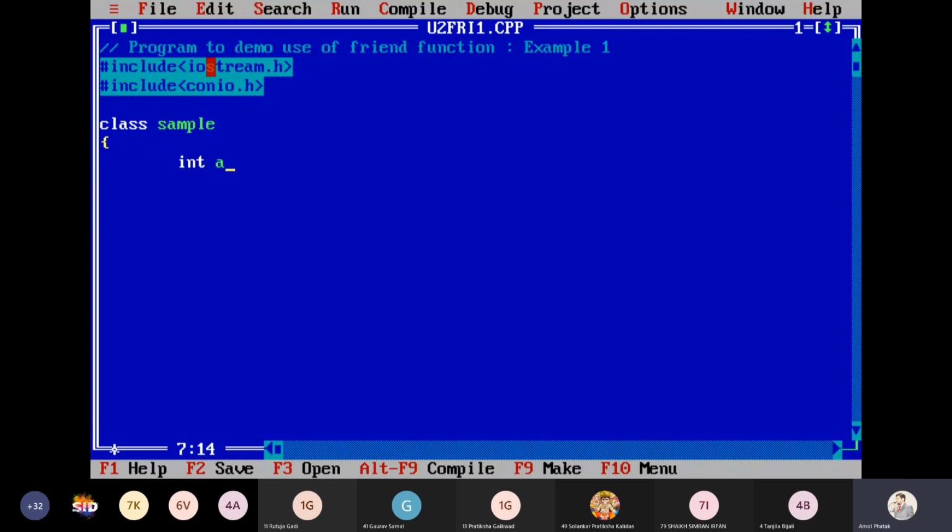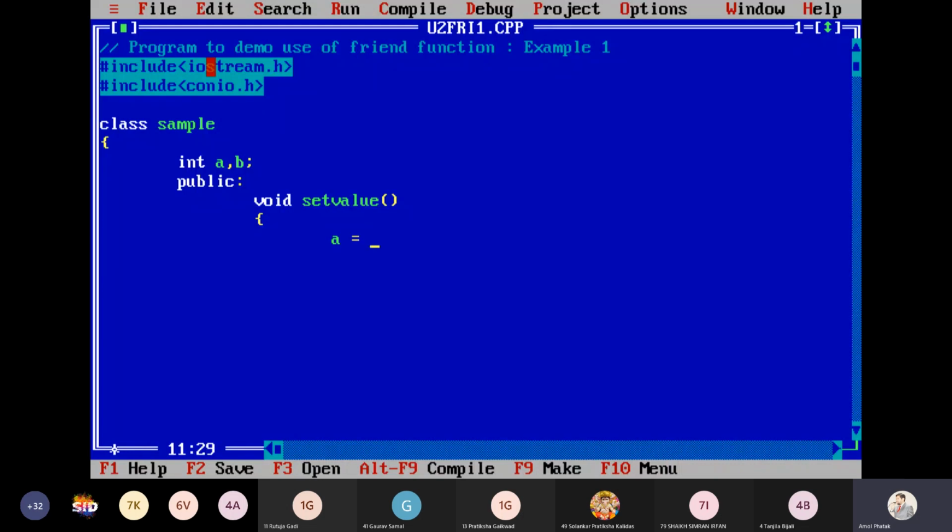Assume it has two variables a and b. Suppose I want to find out the average, or you can call it the mean, of two integer values. So I declared two variables a, b. This class has two private members a, b. It has a public function, first one is set value, because I want to set the value of a and b here. I declare it directly and write the code over here.